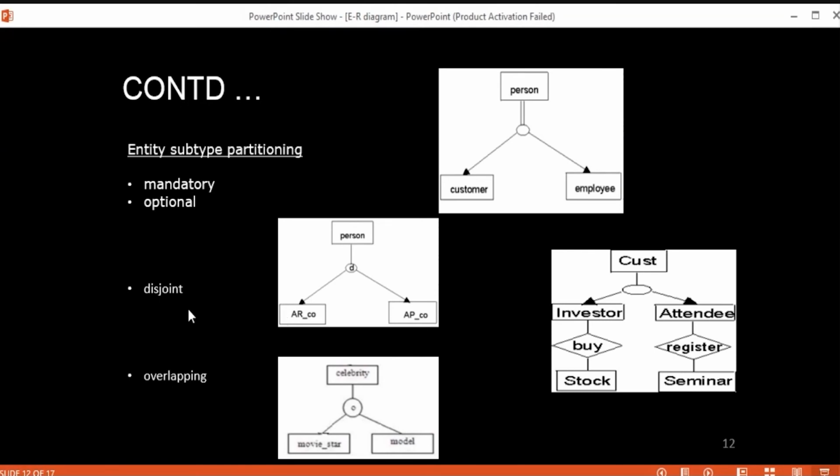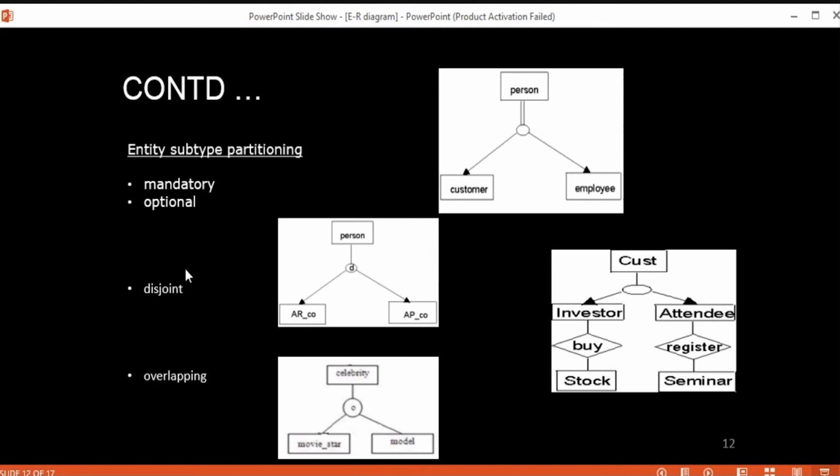Another one is the disjoint and overlapping thing. So if entities are allowed to be no more than one subtype, then the subtypes are said to be disjoint. And if entities can be classified as several subtypes, then the subtypes are said to be overlapping.